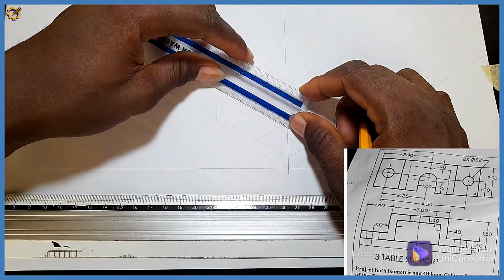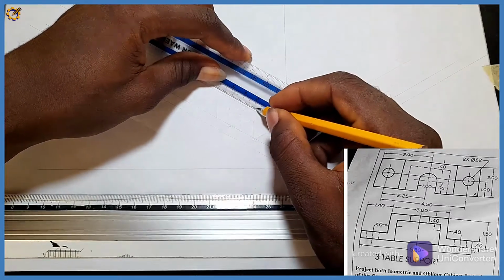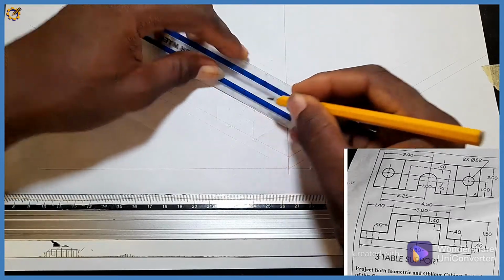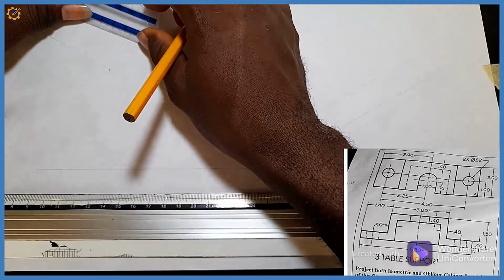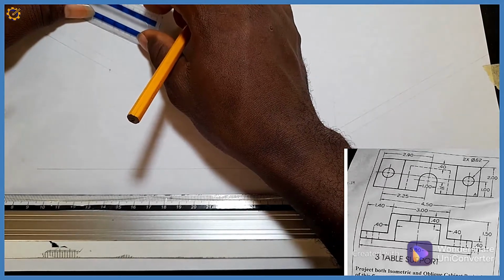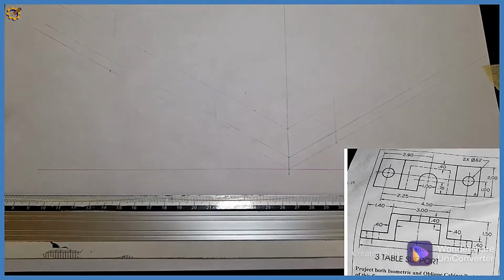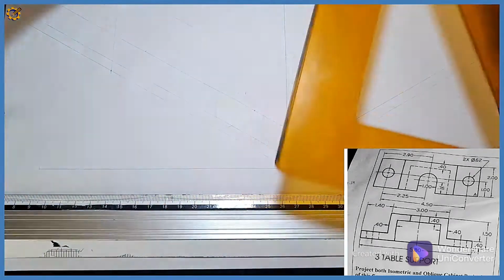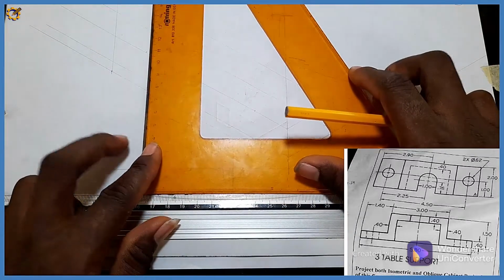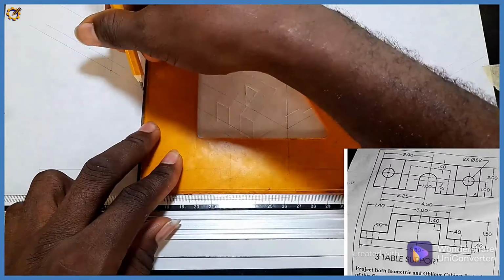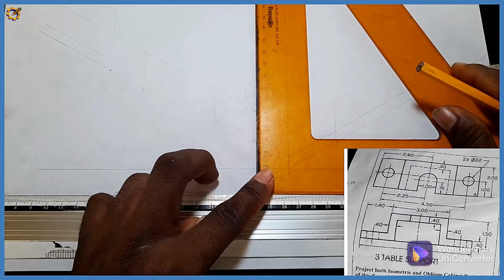From this area, mark of 28 inwards, this is it right here. And from this edge also mark of 28 inwards, this is mark of 28 right there also. So I'm going to project this mark of 28 like this, vertically first,